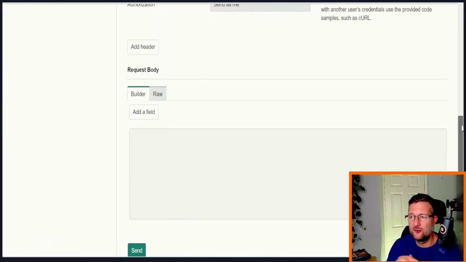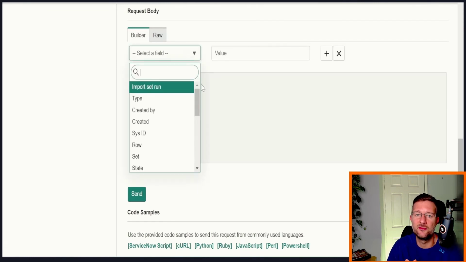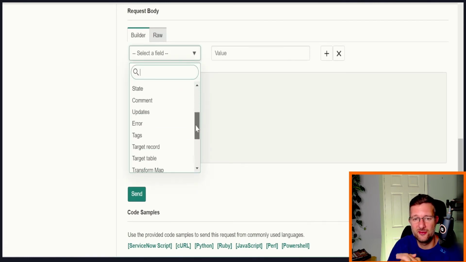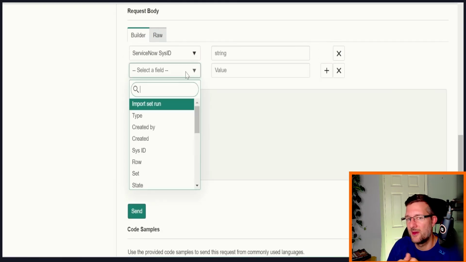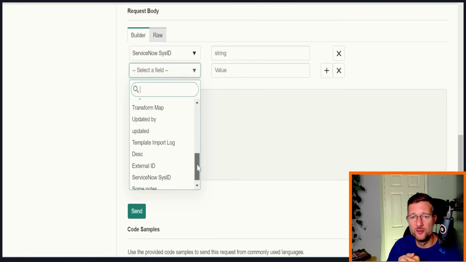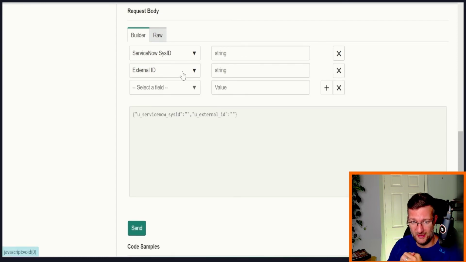Again, down here, it's really simple to use. We can start adding in a request body. We can build that ourselves using the field and value selection. It's going to create a very flat request body in terms of key value pairs. So what we'll do is go ahead and start adding in those web service fields that we've created into the request body payload. So if we just do that,